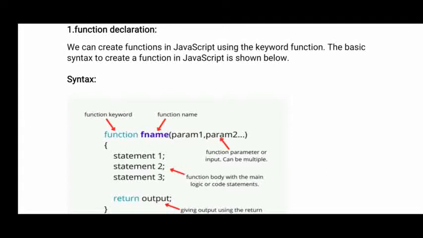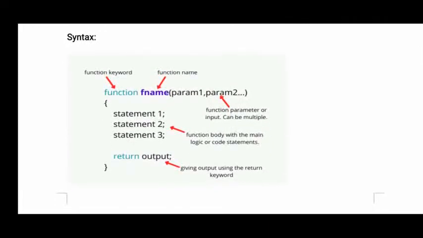Whenever you are creating a user defined function, it is a condition that you have to declare the function. So here I have given an example, the syntax. Once you see this example, according to the JavaScript constraints, the function should start with the function keyword, then the name of the function, and in the brackets whatever parameters are there, that you should give. Function is a keyword, meaning as it is you should write.